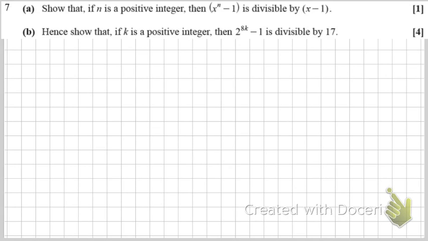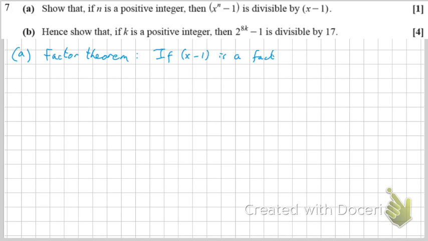In part A of this proof question, you need to spot that when you're dividing by a linear factor, you can use the factor theorem. It's otherwise very, very difficult to prove the result in part A, but it is just factor theorem. And factor theorem states